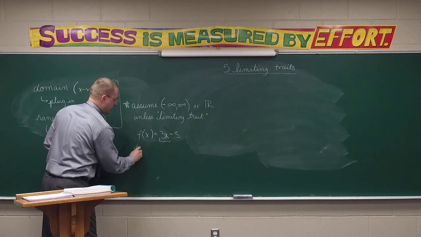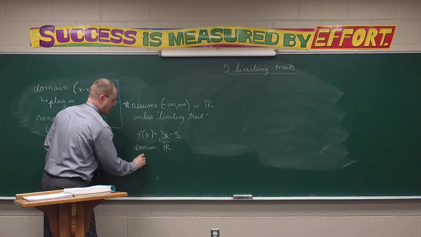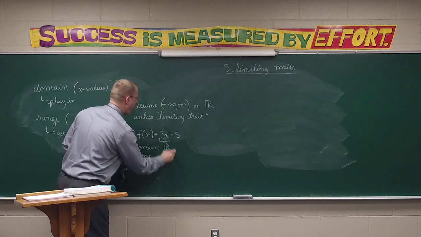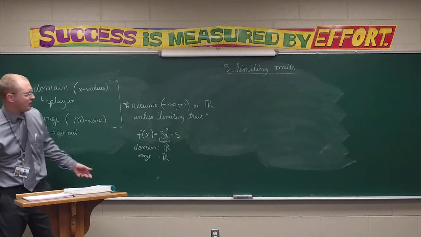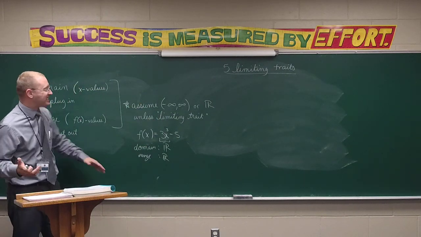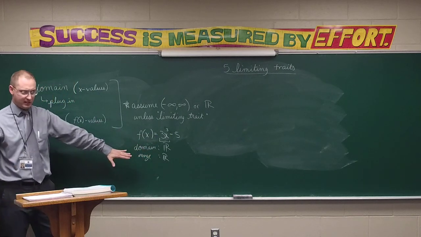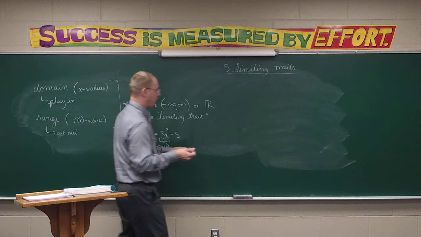So for this, I'd say that my domain is all real numbers, and then my range would likewise be all real numbers. If this had been a cube, well, so what? You cube it, if it's positive, it stays positive. You cube it, if it's negative, it stays negative. I can still put in anything, you still get out anything. Does that make sense? One limiting trait, though, that will keep you from getting that is what's called a constant